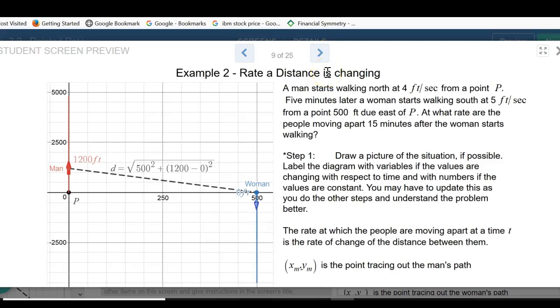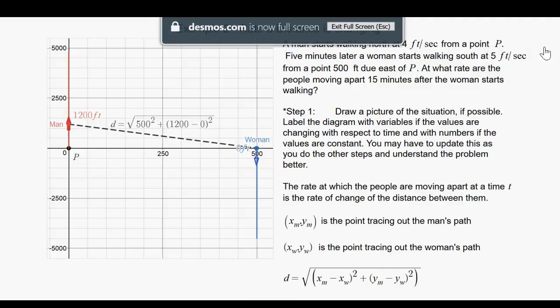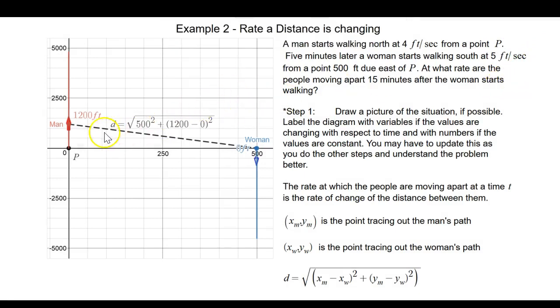Let's look at another example. This time we're going to look at the rate that a distance is changing. So we have a man walking north at 4 feet per second from a point P, and then 5 minutes later a woman starts walking south at 5 feet per second from a point 500 feet due east. And we want to know at what rate they're moving apart 15 minutes after